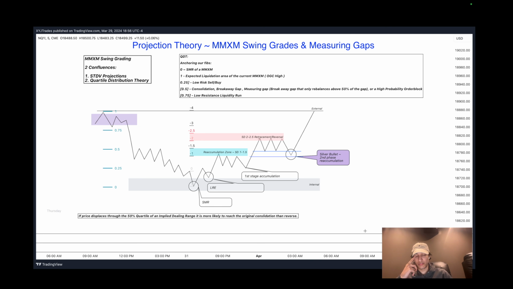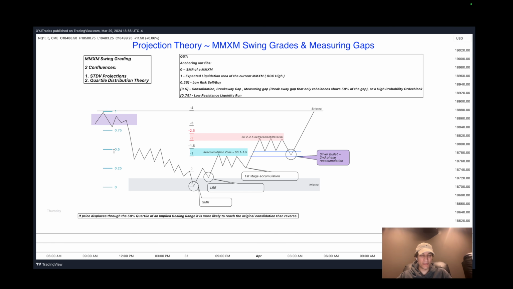A general rule of thumb taken from an ICT Twitter space is that if price displaces through the equilibrium or 50% portion of this implied dealing range or swing grade, we are more than likely to reach the original consolidation, and we are more likely to do that than we are to reverse. That was a piece of information ICT dropped, and it's what I regularly look for, to see if we are displacing the equilibrium of this implied dealing range, or rejecting this equilibrium or simply lacking